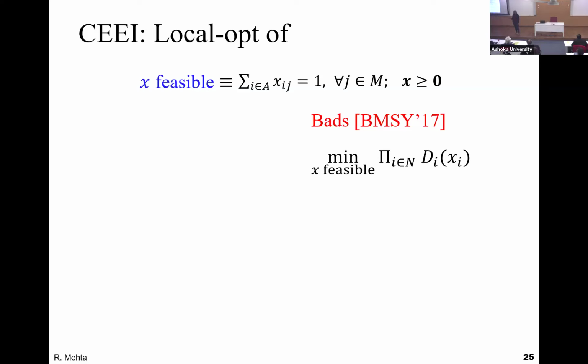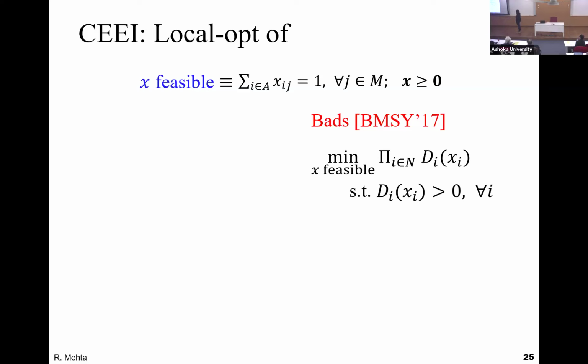So again, the product of the values came into the picture, the Nash welfare. But do you see a very trivial, immediate solution to this program? Zero. Just pick one agent and don't give anything to that agent. The disutility of that agent is going to be zero, and then no matter what you give to others, the product is going to be zero. So those are the dummy solutions. You have to avoid them. That's the tricky part.